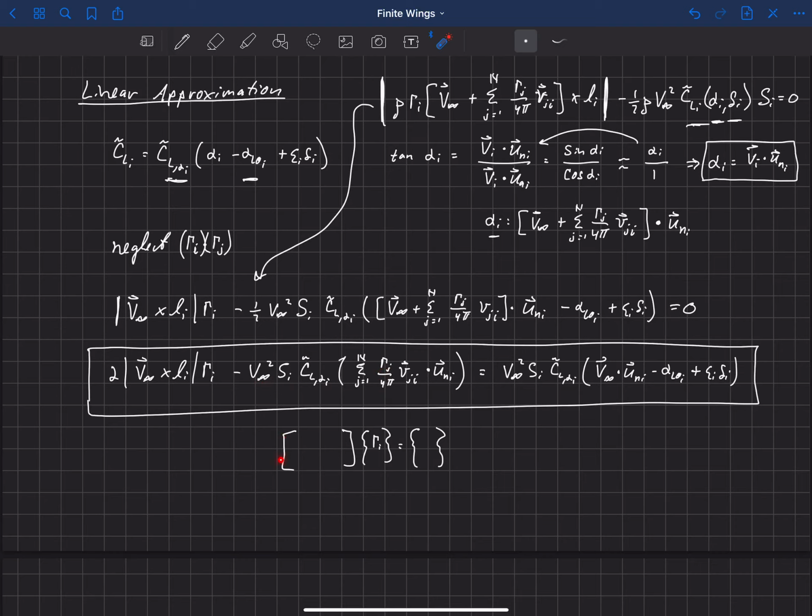We can put this into this system of equations down here, invert this matrix, and multiply it by the value on the right-hand side for each of our vortex segments, which is this expression here. So we can fill out the right-hand side there, invert this matrix, multiply by that, and that gives us a solution for gamma, a solution based off of this linear approximation. And again, that can be used as a starting point for my nonlinear solver, if I'm maybe using Newton's method to solve that, or if that's a good enough approximation, I can just stop there and use it as an estimate for the solution.